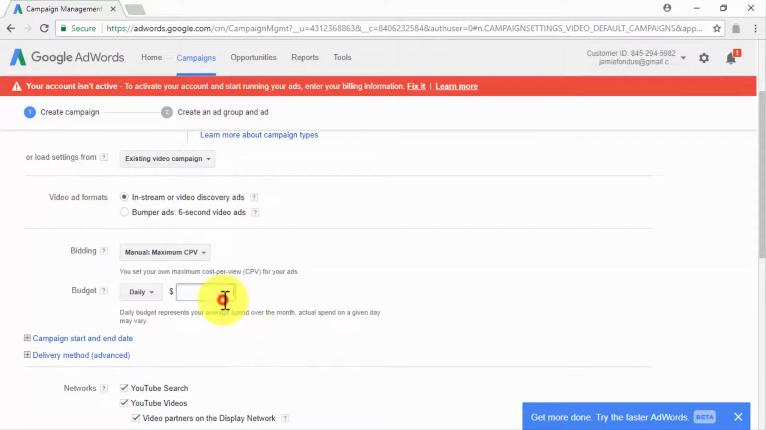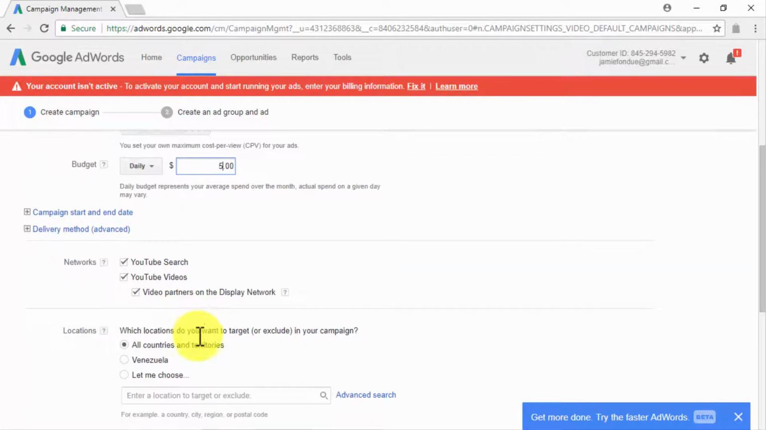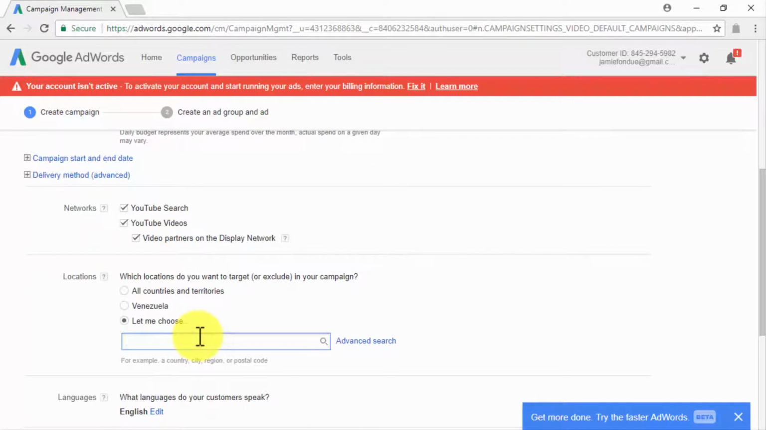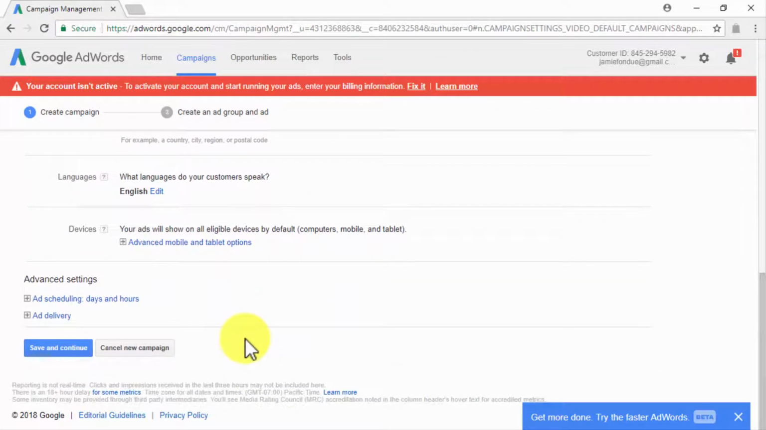Move to the bidding and budget section and enter a daily $5 budget. Leave the campaign start and end date fields, the delivery method options, and the network options at their default values. Now select your target locations in the locations section. Leave the languages section, the devices section, and the advanced settings section at their default selected values, and click on